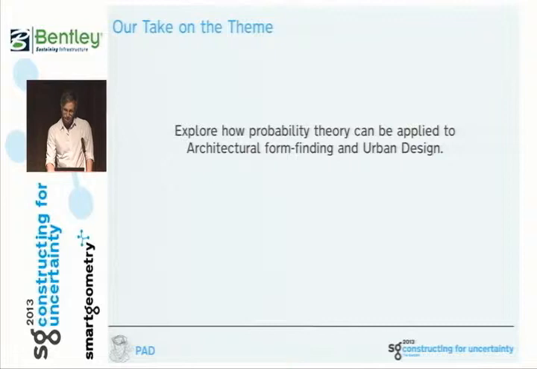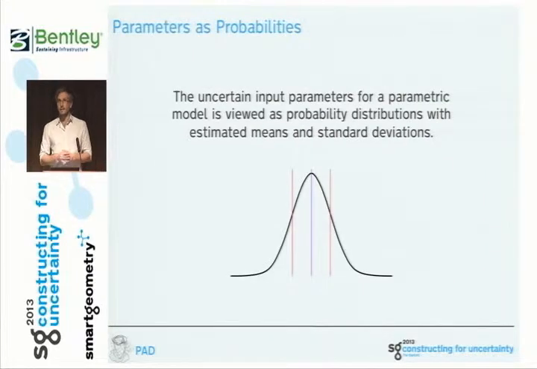So, our take on this year's Smart Geometry theme was to look at the mathematical language and see how mathematics works with uncertainty. And that is, of course, through probability theory. And we want to see how we could apply this to architectural form finding and urban design. So the way we did this was to